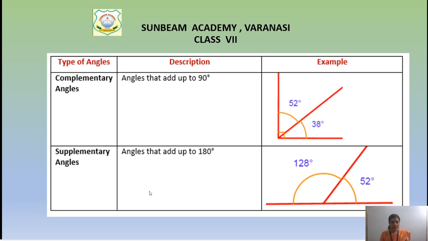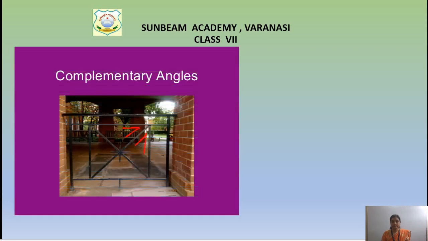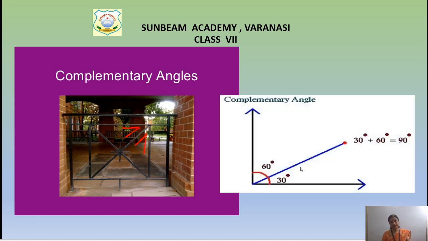Okay, and now let's see why we are learning this, what are the daily life examples. See this, are you able to see? This is a diagram from real life, and this red line is showing the sum. 2 angles are there and they make a 90 degree angle: 60 plus 30 degrees. There are 2 angles and their sum is 90 degrees. So this is a complementary angle.